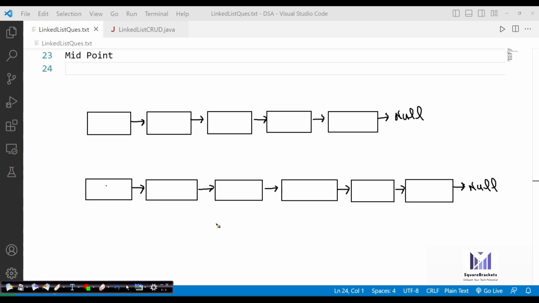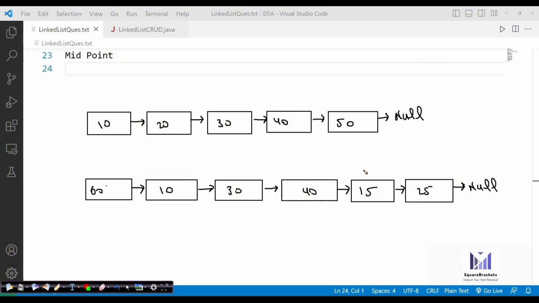All right, so these are the two linked lists available, and we have to find out the midpoint, and we need a logic that is able to find out the midpoint from a linked list.